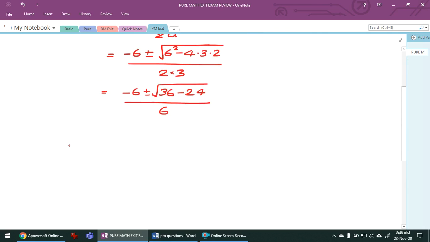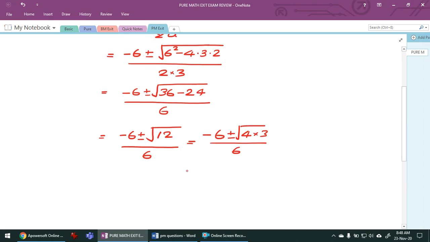Okay, now we have minus 6, no change, plus or minus square root of 36 minus 24 is 12, divided by 6. Again we can simplify. Minus 6 plus or minus square root of 12, we can write as 4 into 3, divided by 6. Again, minus 6 plus or minus, we know that the square root of 4 is 2, so you can take that 2 outside and 3 will not change, it is still inside the square root,